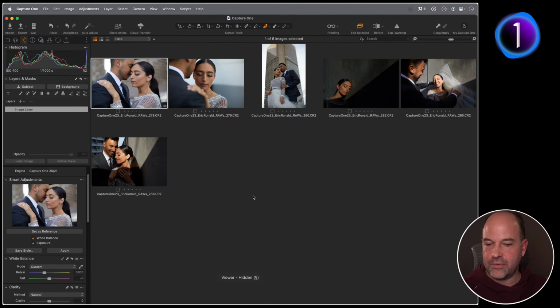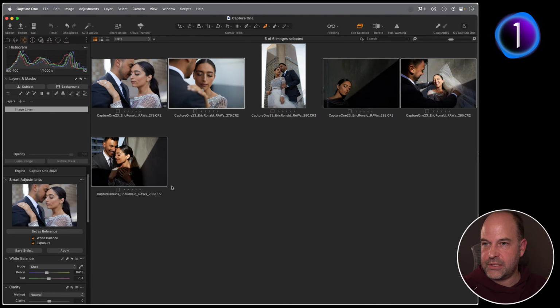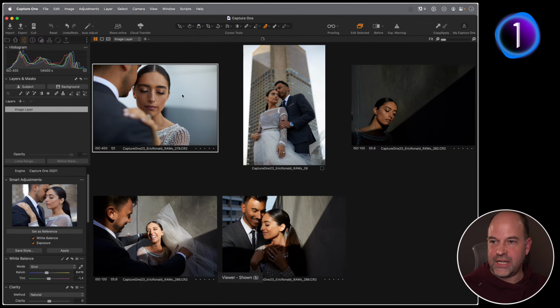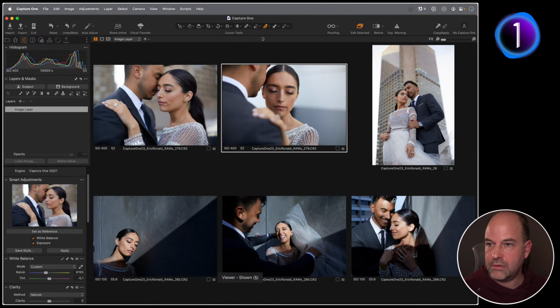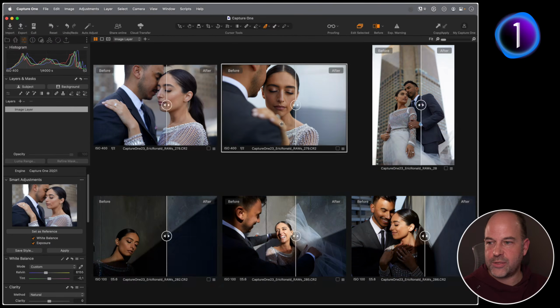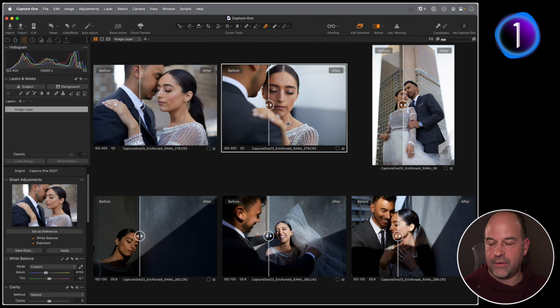Now if I select a bunch of other pictures, like so, which have faces in them, it doesn't matter that there's two of them, then Capture One will find the faces and balance them up to give an appearance like my reference. So now if I say apply, like so, let's just select the original one. Now we've actually got a pretty nice even set of pictures, because before they looked like that and now they look like that. So they've got a much more similar look and feel about them.